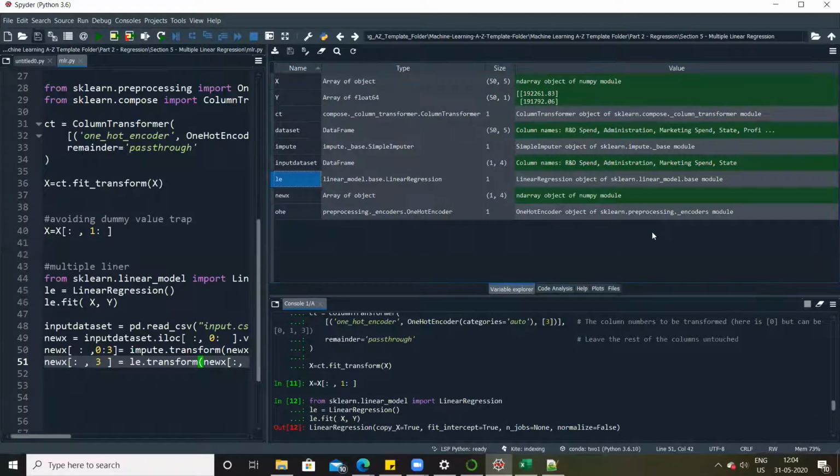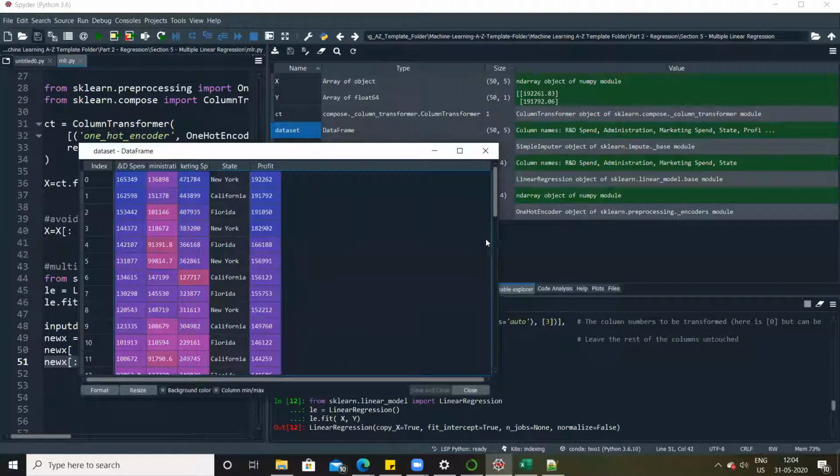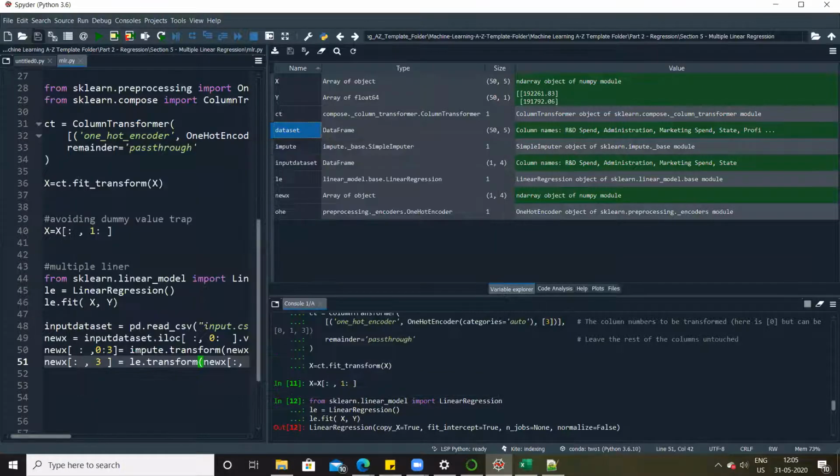If you remember that 0 was assigned to Florida, right? 1 was assigned to California, right? And New York was assigned as 2. You remember this mapping? This was the mapping that was applied to the data set of variable X, right?